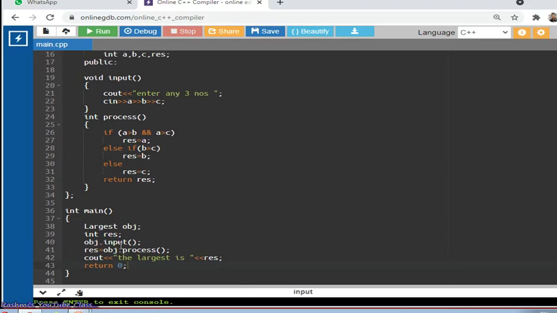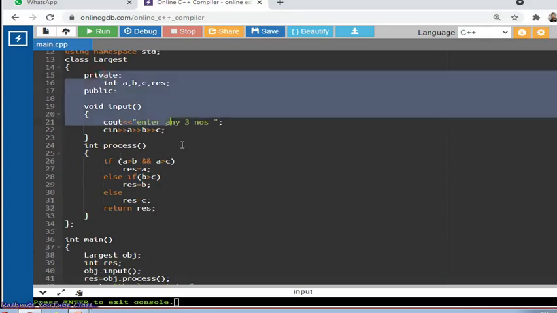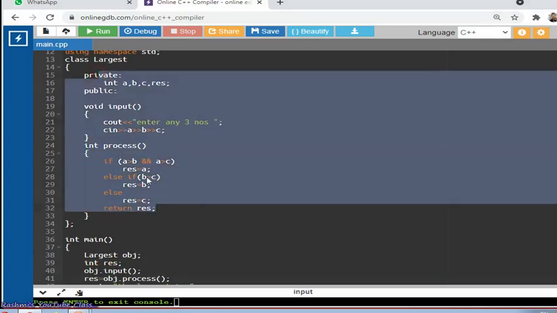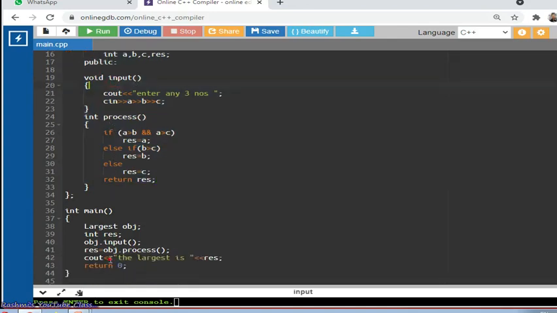I'm explaining. Here there is input, there is process, but no output we are running, as there is no output here. Because output, this class is not going to use. It is going to return. So as it is going to return, the output will be here itself. It means when the result comes out, it will get stored in the result variable, the res variable. And the res variable at last, we are just printing.